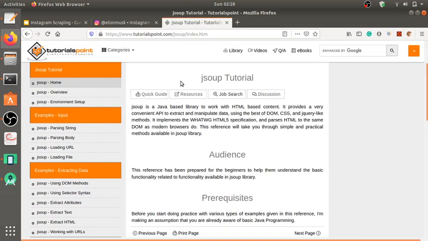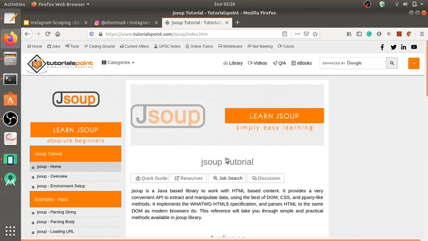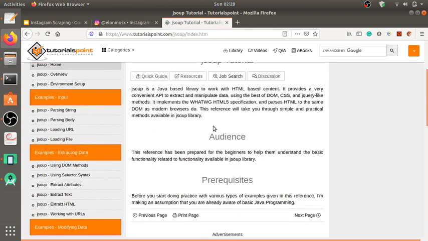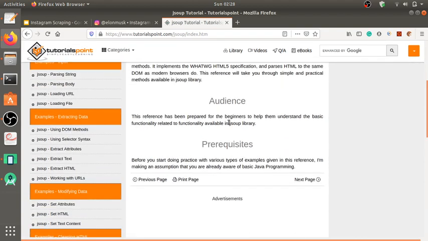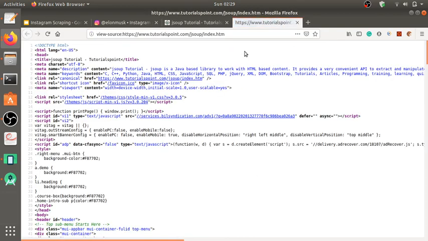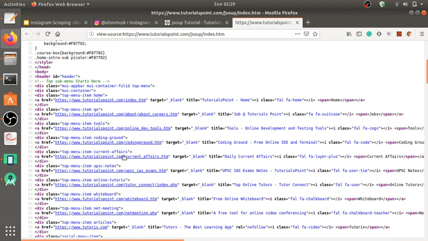As we remember from the previous session, we had an overview about JSON, right? And in order to view the source of any website, we have to right click on the website and select the view page source option. This will display the source code of the website, and as we can see here, there is a lot of HTML tags used to create this website, and these tags and attributes of these tags will help us to scrape this entire website